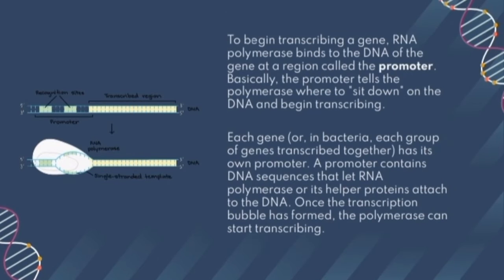To begin transcribing a gene, RNA polymerase binds the DNA of the gene at a region called a promoter. Basically, the promoter tells the polymerase where to sit down on the DNA and begin transcribing. Each gene, or in bacteria each group of genes transcribed together, has its own promoter. A promoter contains DNA sequences that let RNA polymerase or its helper proteins attach to the DNA. Once the transcription bubble has formed, the polymerase